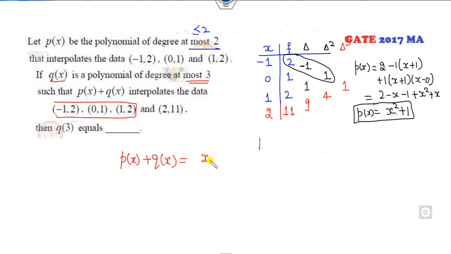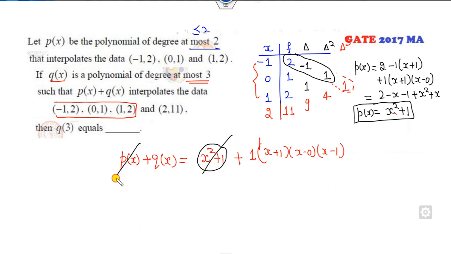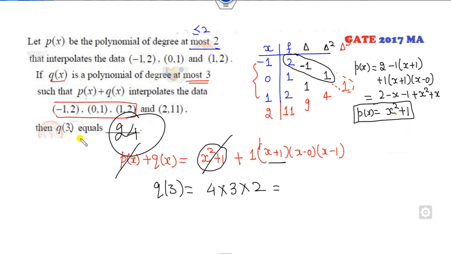Then I can write this polynomial. Now this P(x) plus Q(x) will be, this we already obtained, plus I have to obtain for this part. So this comes to be 1 into, now because it's a cube, so I have to take these 3 pairs, x plus 1, x minus 0, x minus 1. Now since this is my P(x), so this value will be cancelled out. So what is the Q of 3? That's over. 3 plus 1, 4, 3, 3, 4 minus 3 minus 1, 2. So 12 and 24 is my right answer of the problem. Always make this table as quickly as possible. That's how you can get your answer very simply.